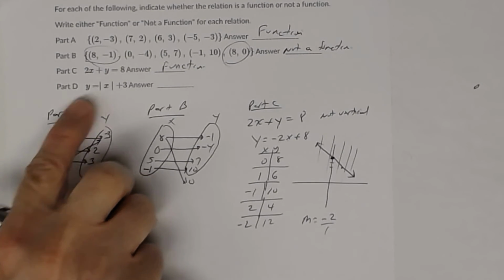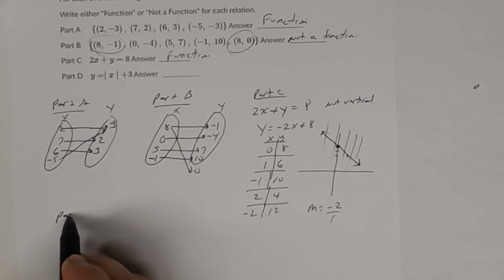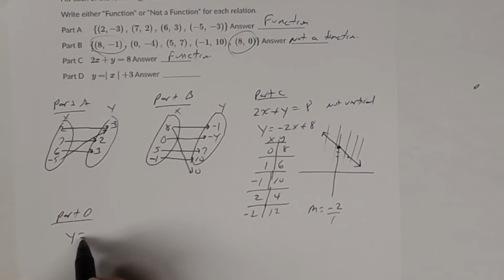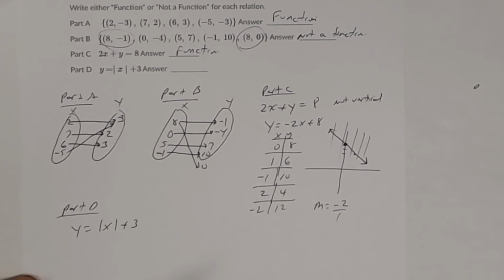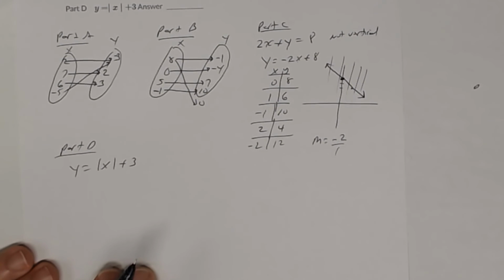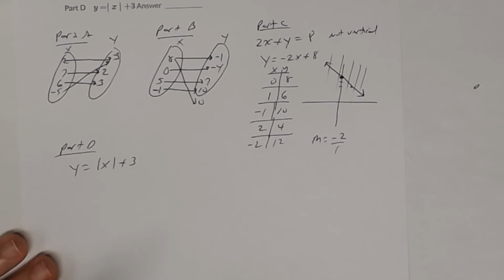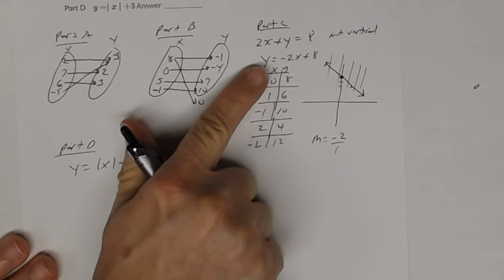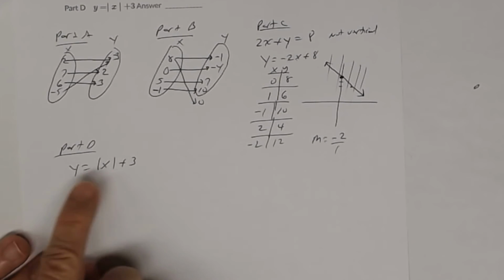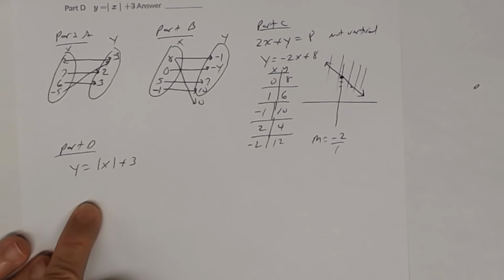Same thing here. So when you look at this one in part D, you have y equal absolute value of x plus 3. So the best approach to use there, and what most students use, is this t-table. If you notice that the graph of an absolute value is a V, then you can use a vertical line test and